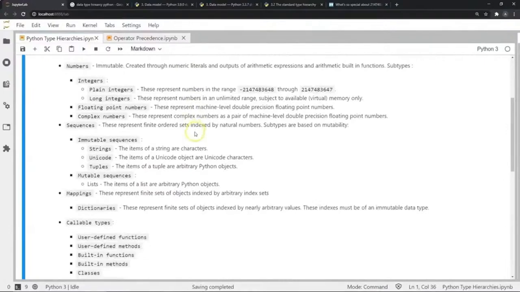Next we have mappings, and mappings are again sets of objects, but these objects are now indexed using arbitrary